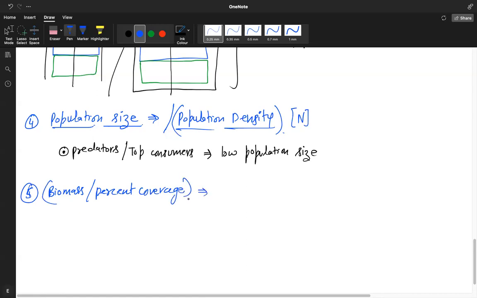So you can write down: percent coverage or biomass is a more meaningful measure of the population